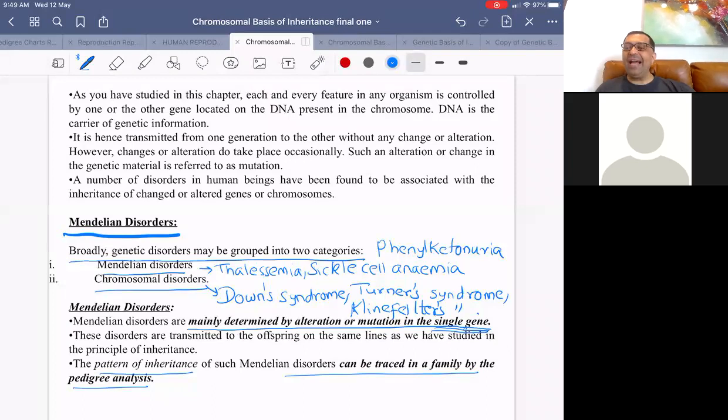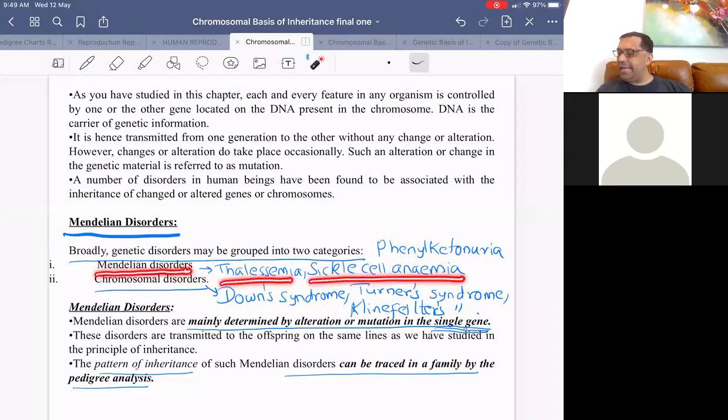So today we have a very nice topic. Last session we talked about chromosomal disorders. We talked about Down syndrome, Turner syndrome, Klinefelter syndrome. Today we talk about Mendelian disorders. Diseases like thalassemia, sickle cell anemia,